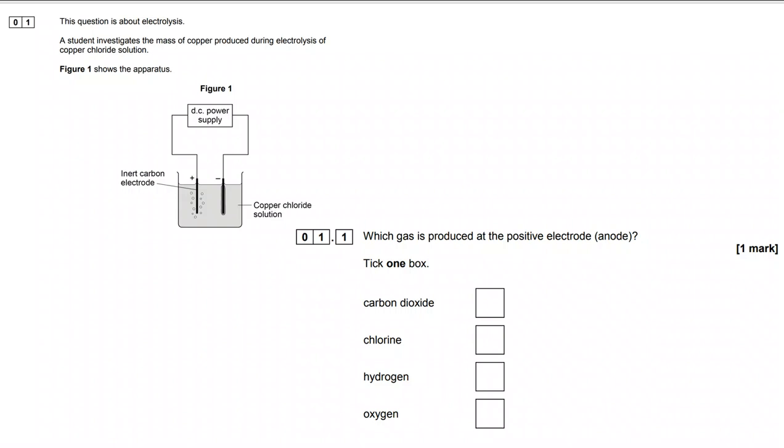This is AQA GCSE Chemistry. It is the higher trilogy paper from 2018, and this is question 1. So I'm going to put the whole question up so you can have a go for yourself, and then we can review. So here is 1.1,